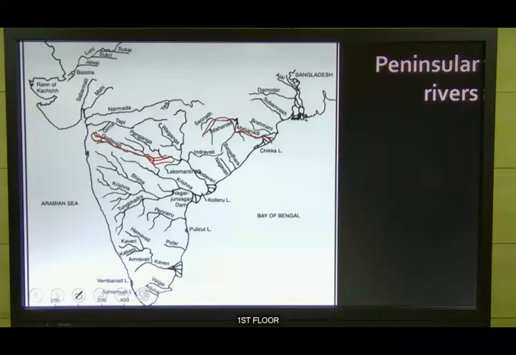Okay, Godavari is the largest peninsular river. It originates in the Nasik district of Maharashtra. So it flows through tributaries, and the drainage basin is present in Maharashtra, Madhya Pradesh, Chhattisgarh, Orissa and Andhra Pradesh. The important tributaries are